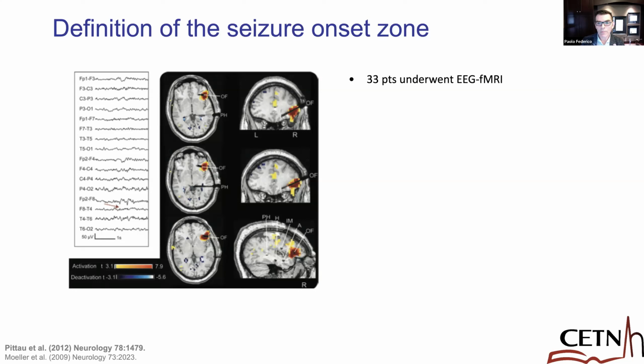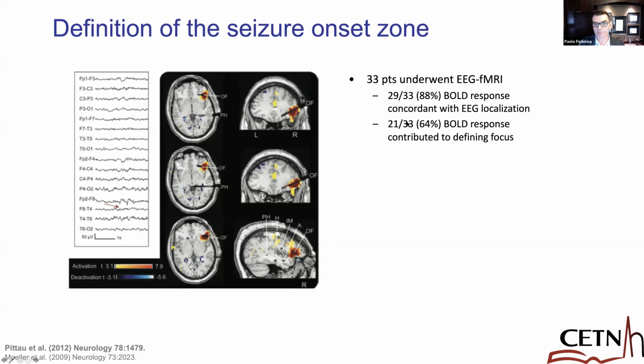They studied 33 patients who underwent scalp EEG-fMRI, and here are the results of one patient who had right frontal epileptiform discharges and a BOLD response in the right frontal region. In this case, the MR images are displayed in the anatomical orientation. So the maximum BOLD response here was concordant with the scalp EEG localization. Of these 33 patients, 88% had a BOLD response that was concordant with the EEG localization, such as I